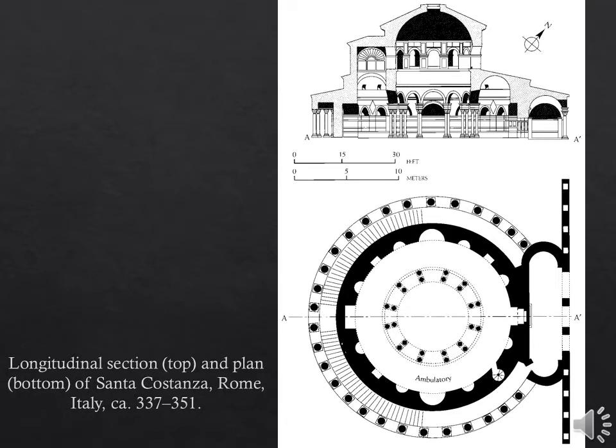And here's just a quick look at a floor plan and elevation of Santa Costanza. Again, demonstrating to you what this central plan looks like. We do have a narthex over here. You can see in the lower image on the right-hand side that entranceway serves as a narthex, but instead of a straight shot nave, we have instead that ambulatory that curves all the way around. And then you can see how we have stairways that will take us up to the upper levels.